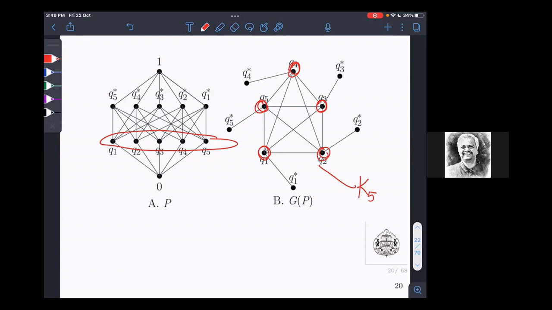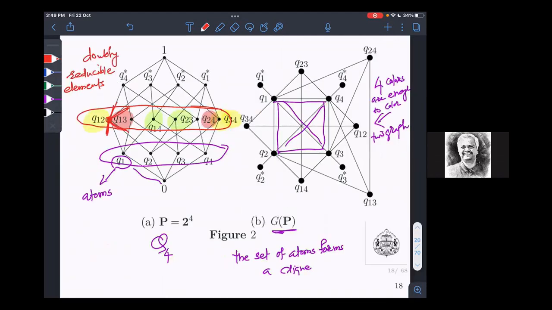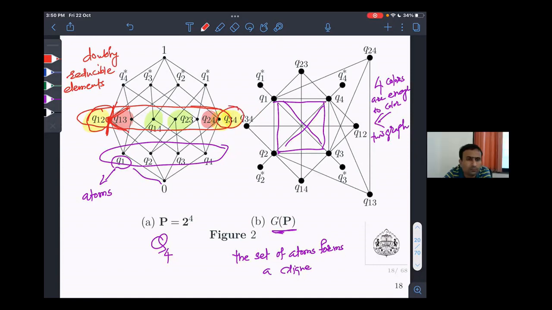So you are removing all the in-between things? Yes, in this case, but it is not necessary. If I want to remove Q12, then I must remove Q34, the complementary pair, and keep the rest as it is. Whatever you get will be a Boolean poset, not a Boolean algebra or Boolean lattice.